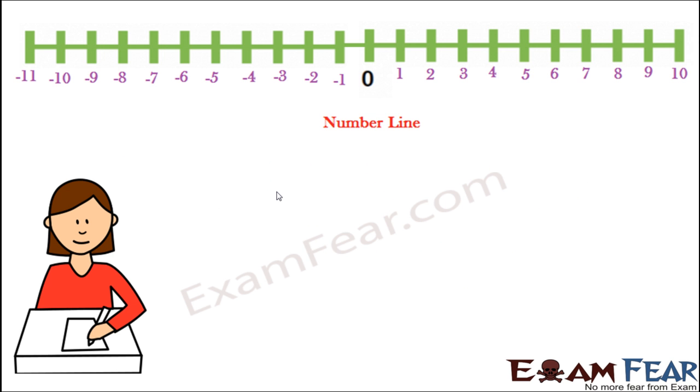So now with that we got a basic idea about what are rational numbers. Now it is time to see where are they located on the number line. So by now all of you know what is a number line. As you can see on the screen, it is the line where we locate different numbers. Till now we saw the natural numbers, whole numbers, integers on a number line.